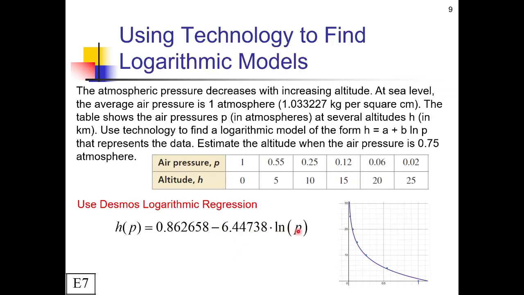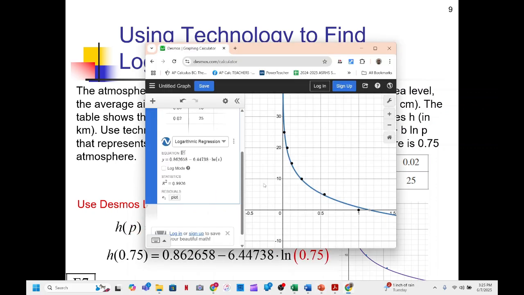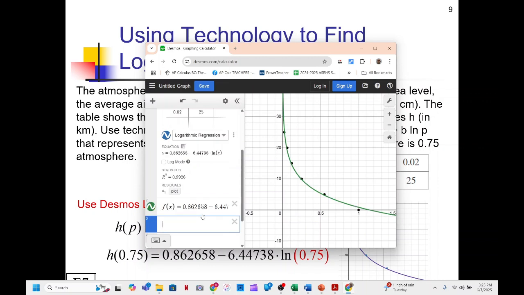And for the rest of the problem, they just wanted us to estimate the altitude. So to do that, we just have to plug 0.75 in for p and see what that comes out to. And we'll use our trick, like we've been doing, of clicking this little button to cut and paste our function down here and changing this to f of x to make it easier to plug stuff in. And then we'll do f of 0.75, which comes out to about